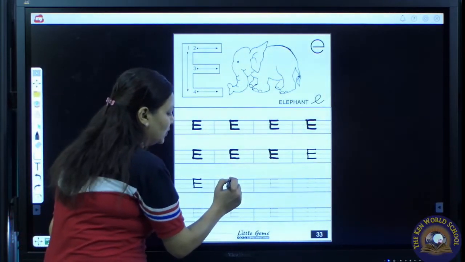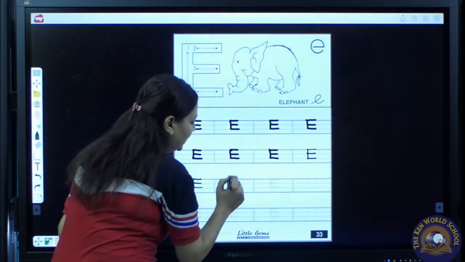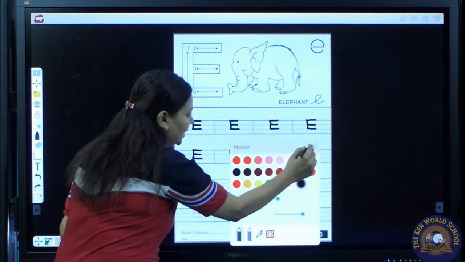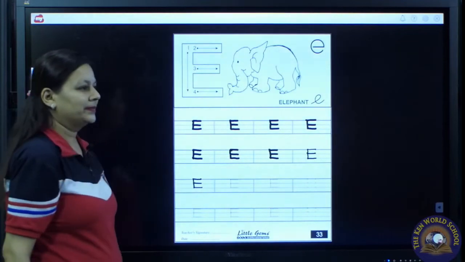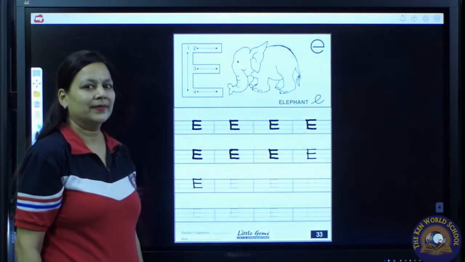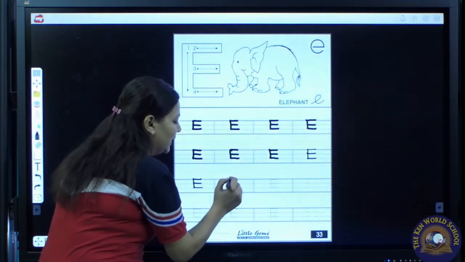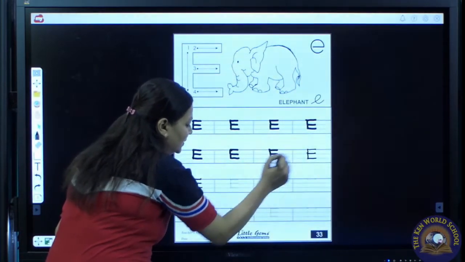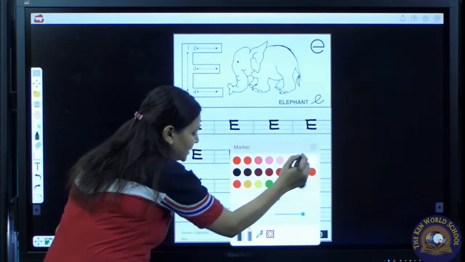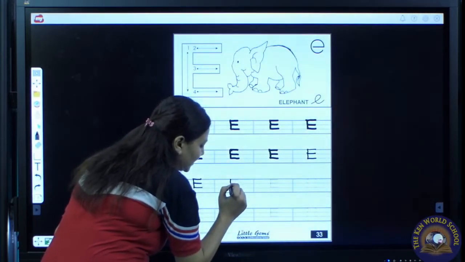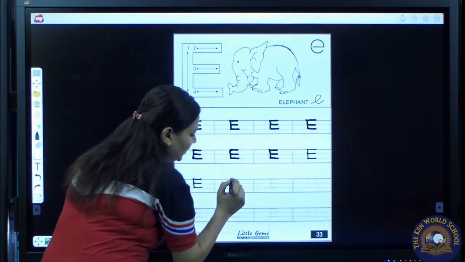Again we have to put our pencil on the top line. Down, down, down till the base line. Stop here.